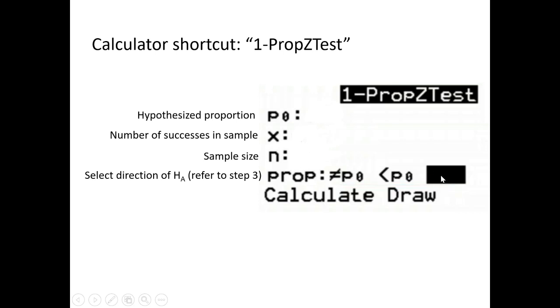This one got a little blacked out by the cursor. As long as you set up the hypotheses in the way I've shown, with the parameter on the left and the number on the right, then you would just look for the matching sign. All right. In our